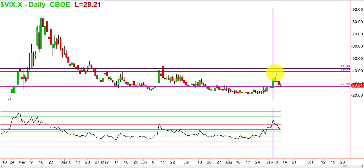Then I looked at where that high actually formed. And while it fell shy of the forecast price target, it came very close to 39.36, which is another key level derived from price bars themselves. I get in detail on that in the 4 zones RSI coverage system. So with this zone of resistance, okay, a zone is 2 levels of resistance at the minimum,